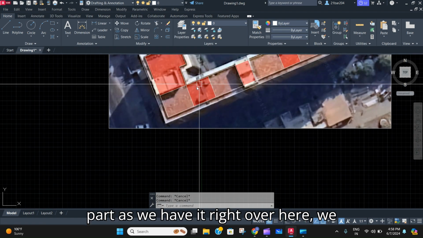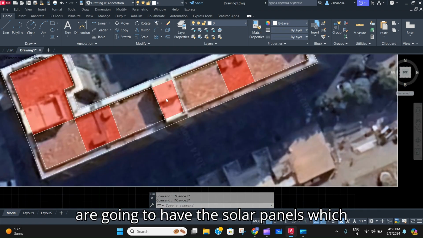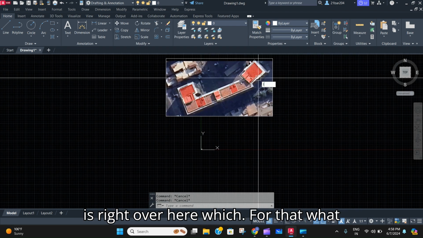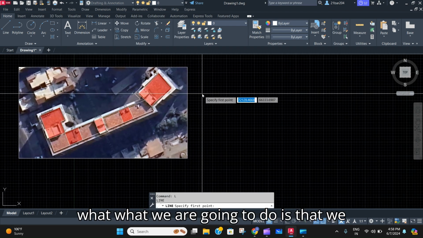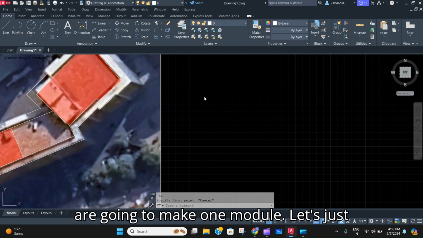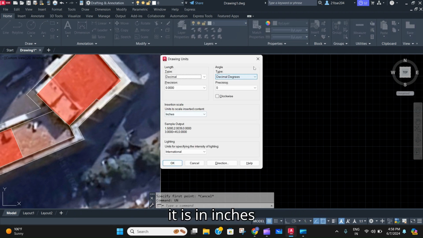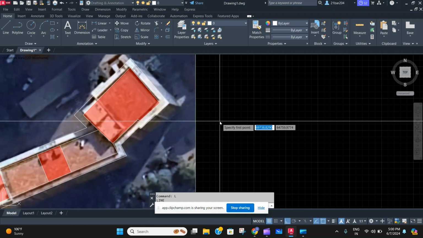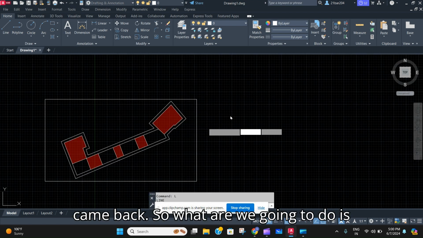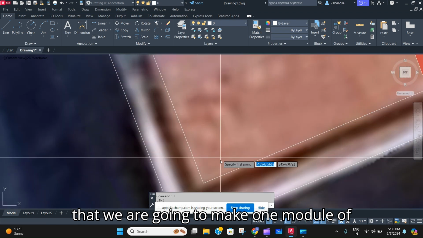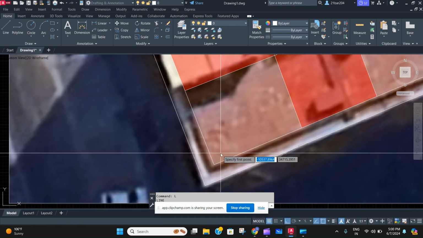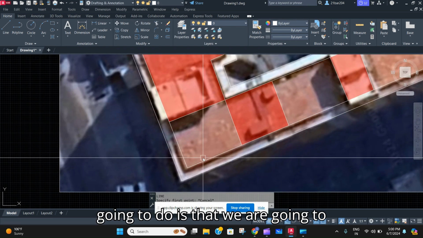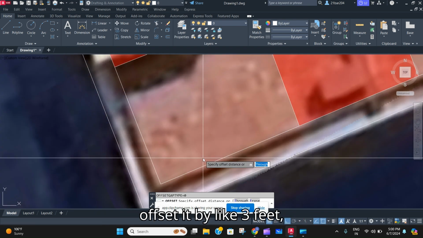And now in this part, as we have it right over here, we are going to have the solar panels. For that, what we are going to do is make one module. Let's just say it is in inches. So we are going to make one module of the solar panels. First, we are going to offset it by